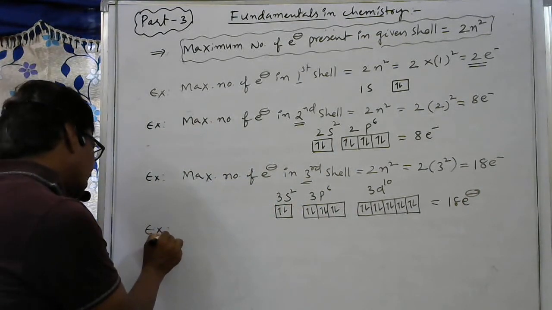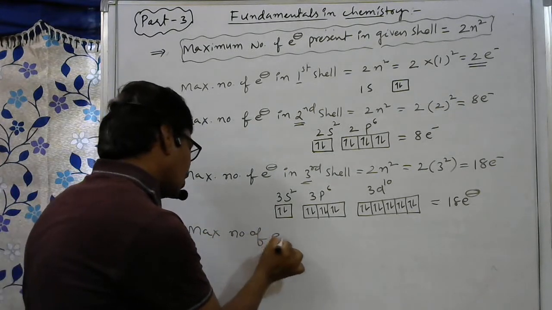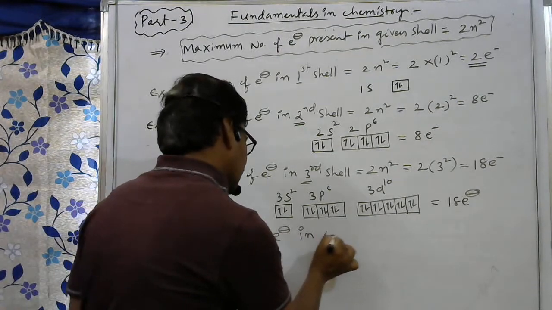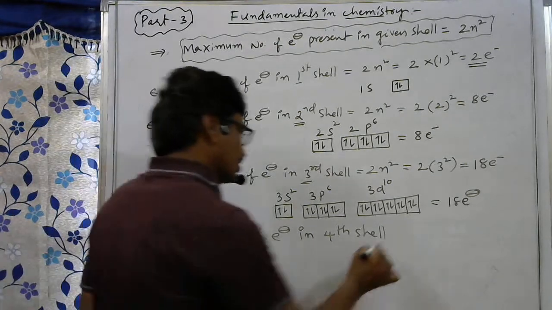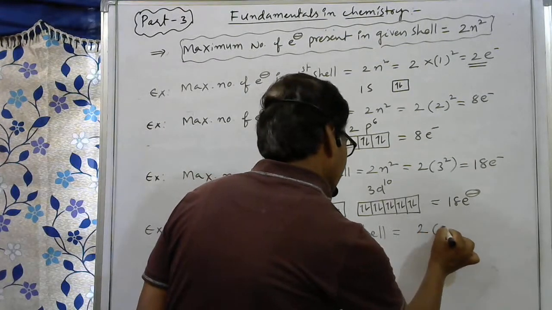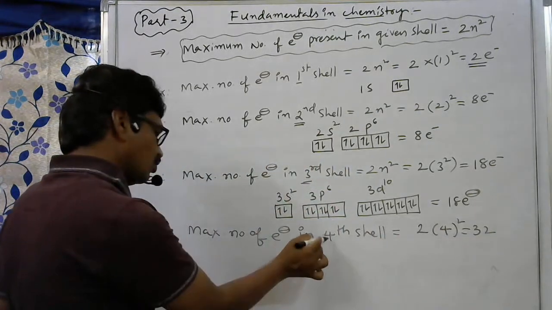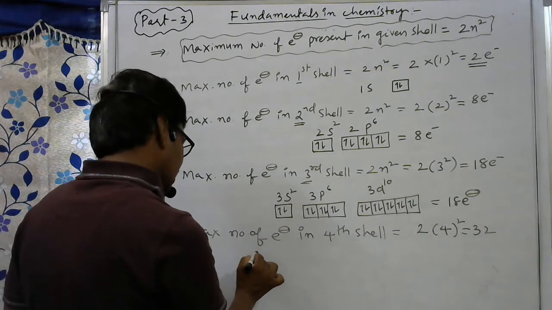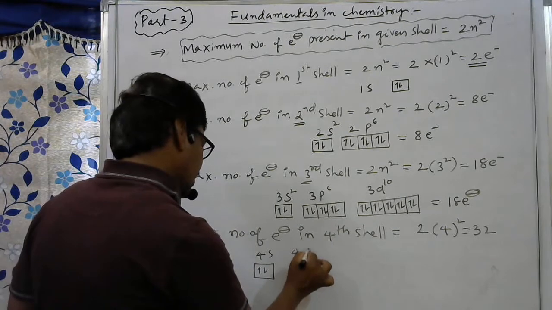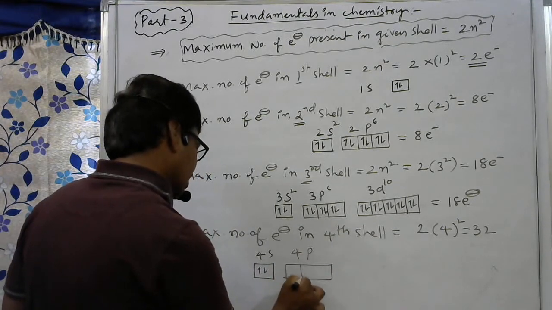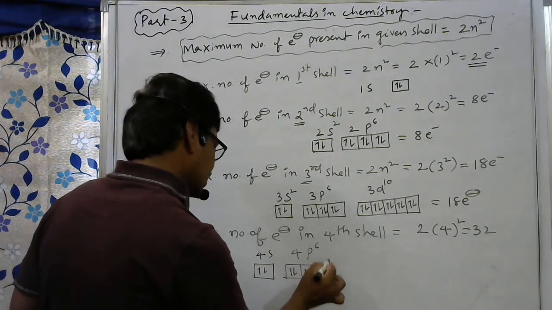Similarly, here directly you only write maximum number of electrons in the fourth shell. Maximum number of electrons present in the fourth shell is equal to 2 into 4 square we can write. 2 into 4 square means it is 32. 32 means the fourth shell has 4 subshells present. That is 4s, 1 box, 2 electrons, 4p, here 3 boxes, 6 electrons, 1, 2, 3, 4, 5, 6, then